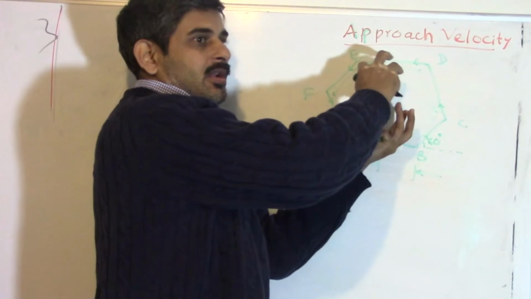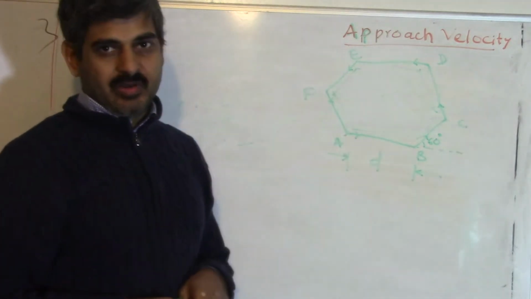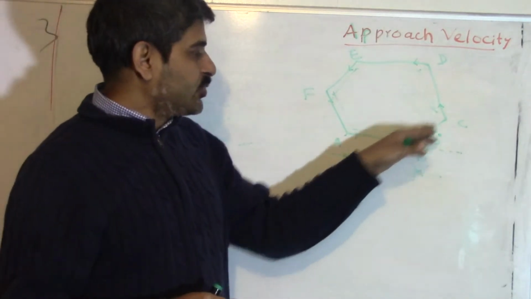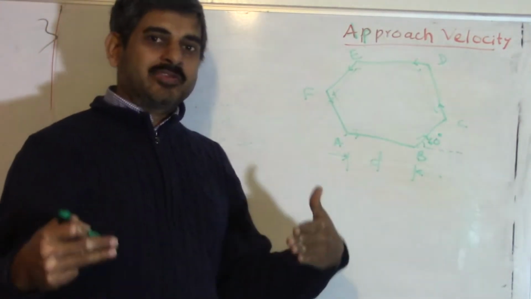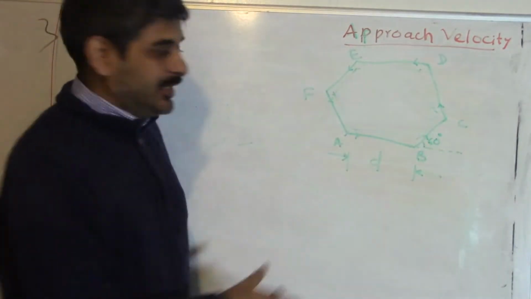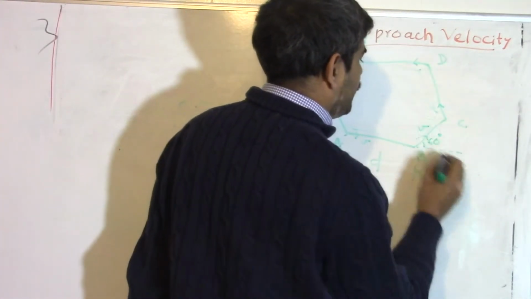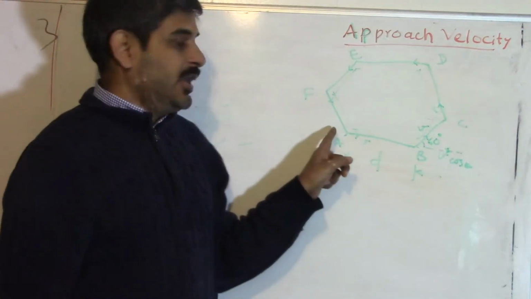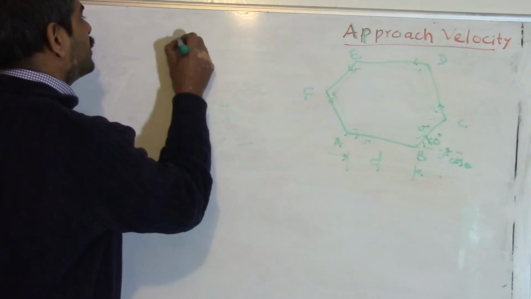And then the whole thing keeps moving like this, but at any point of time, all the particles are along a hexagon. Which means that at every point of time, the relative positions of A and B are the same, which is B is moving at an angle of 60 degrees with respect to A. Which means that A and B always have the same approach velocity all along the path. So what is the approach velocity at this instant of time? A is moving with velocity v, and B, along BC, is moving with the velocity v. So the component of this particle B along this direction is going to be v cos theta. So A is moving with velocity v, but B is trying to run away with the velocity v cos 60 degrees. So the approach velocity